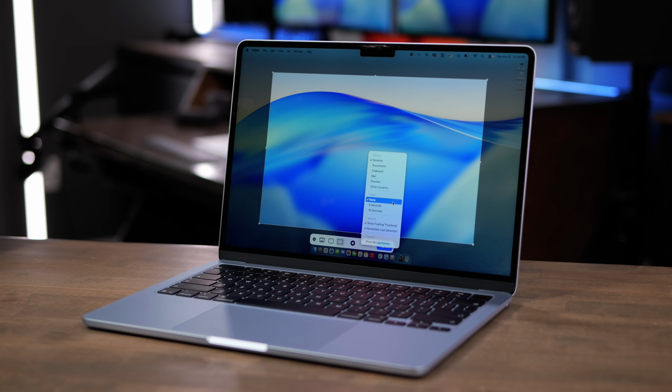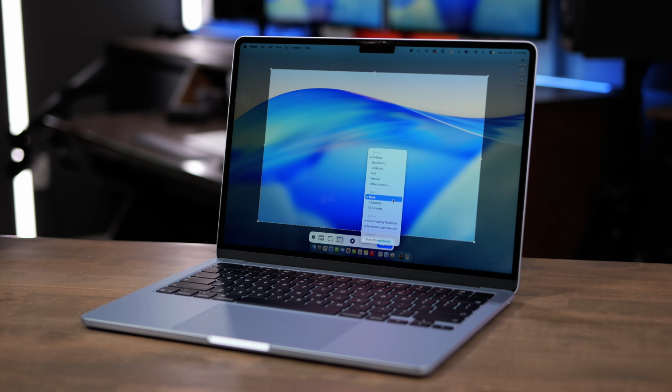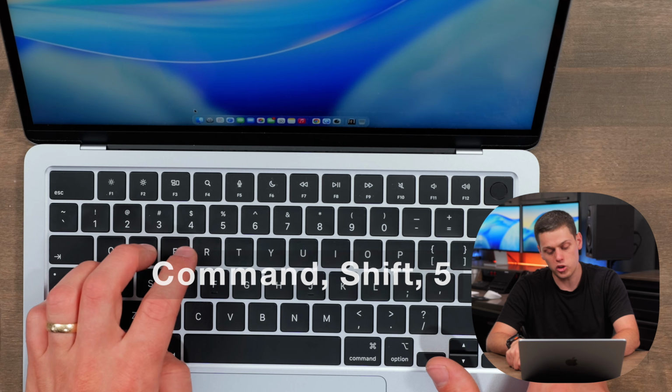Your Mac has a built-in screen recorder that's very capable, and there's no downloads or subscriptions or third-party applications you have to have. It's just on your Mac ready to go, and I'm gonna show you exactly how to use it, all the options, and also a few tips that are gonna make your recording look a little bit cleaner. The only shortcut you need to know is